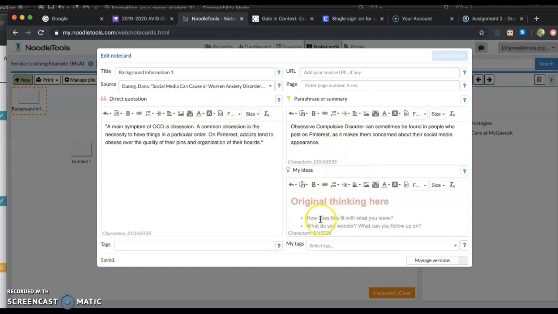So I'm going to click out of it. It says, how does this fit with what you know? What do you wonder? What can you follow up on? So just to remind you, like this research paper, you are proving a point. You are the expert, and you're finding people to prove what you want to prove. So this is going to help you prove, but what we really care about is your original thinking. So every time you give evidence, you have to give an original thinking. So I'll say something like